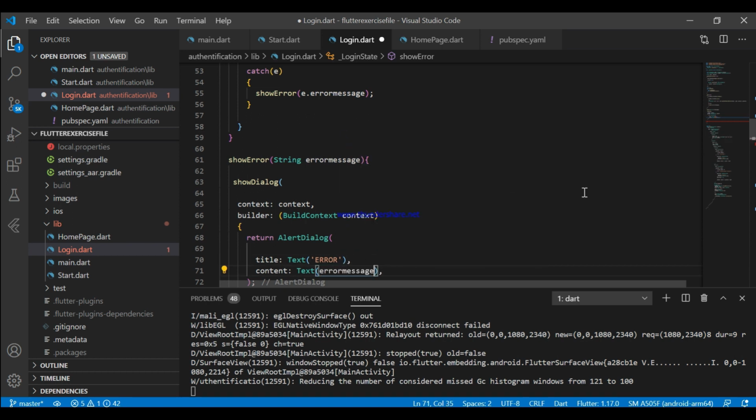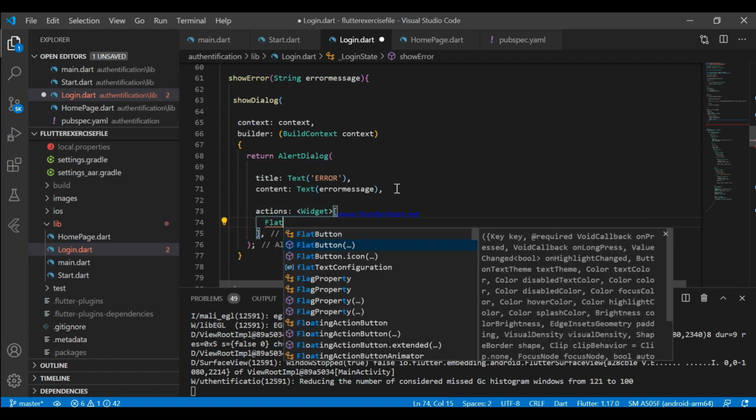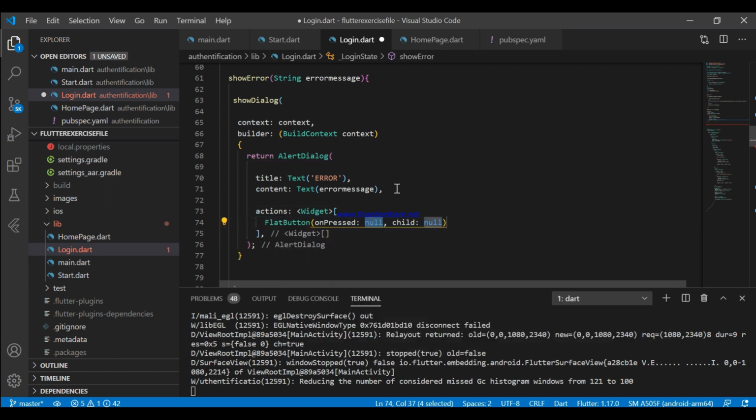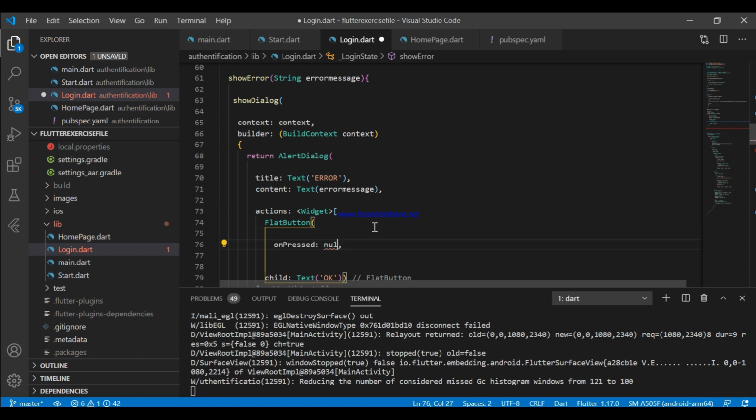Now for the error messages, we don't need to handle them ourselves. It's handled by Firebase, so there is no point in creating custom error messages. The error means, like, the user has entered the email improperly, or all those kinds of things.